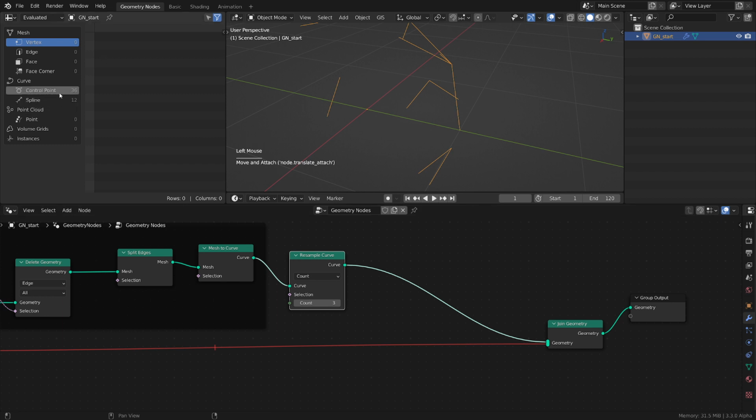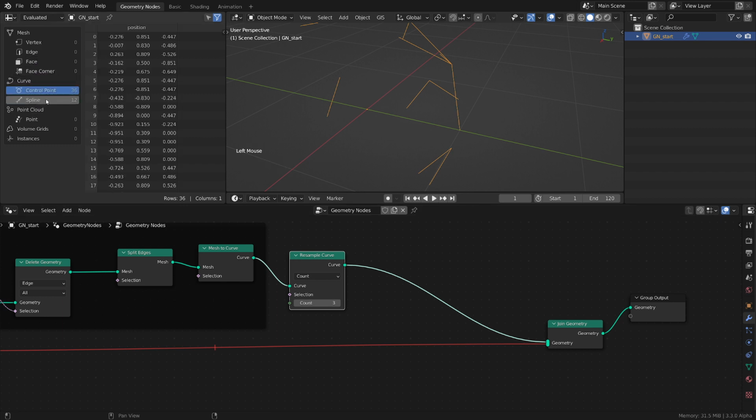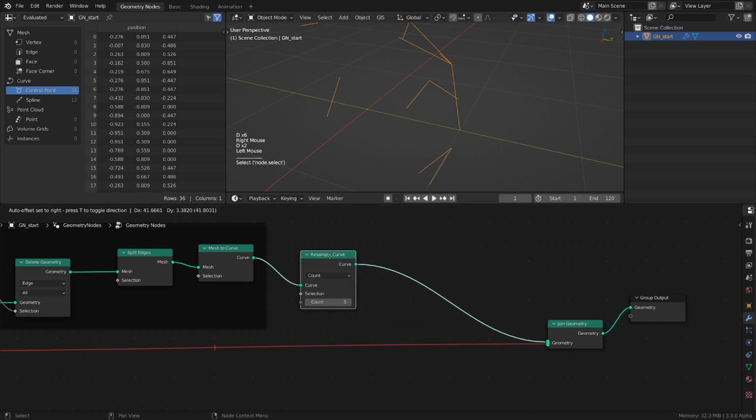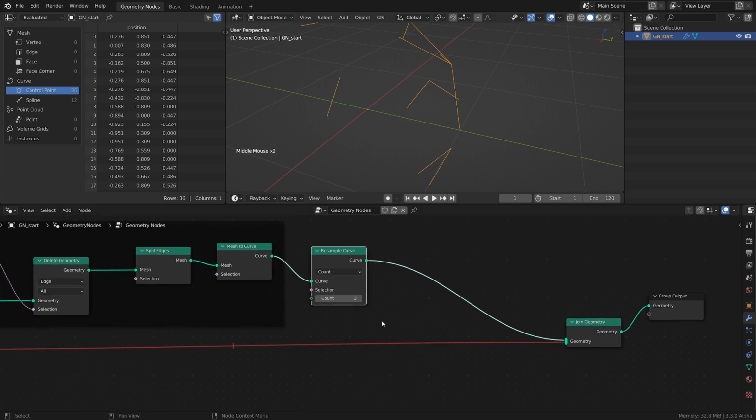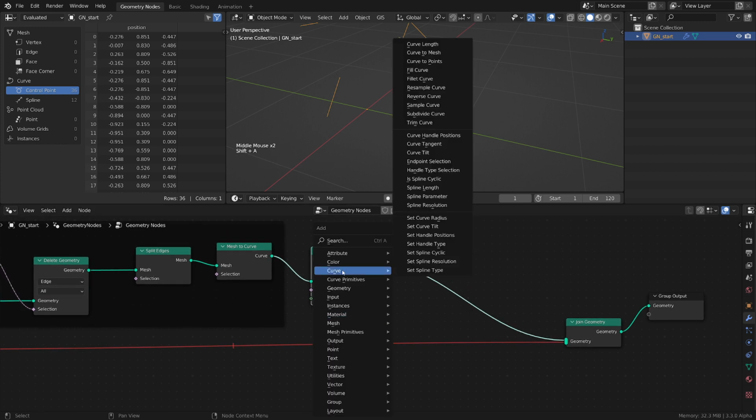And that's very important, because if we look at the control points, each spline will have 0, 1, 2 points, this being the index of those points. So that's important, because the middle point will have an index of 1. So let's select that. And for that, we have a node that we can use. It's a little bit